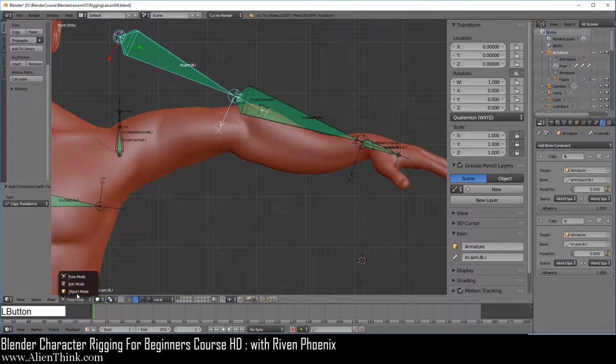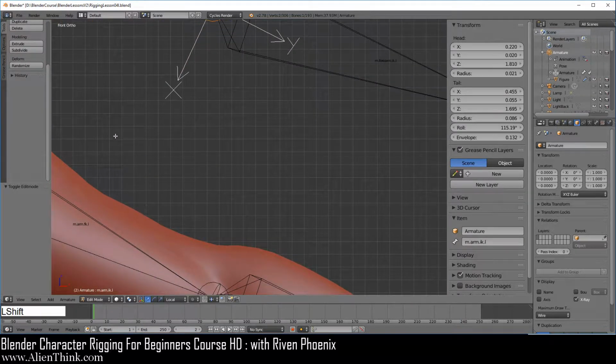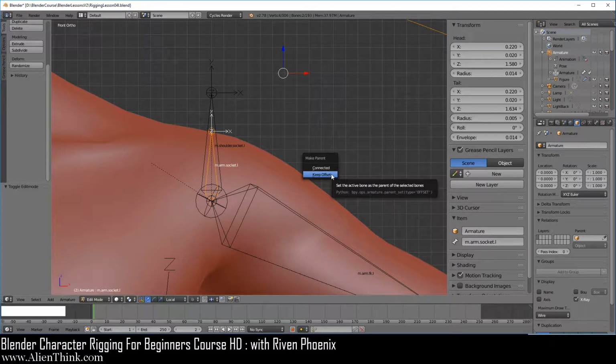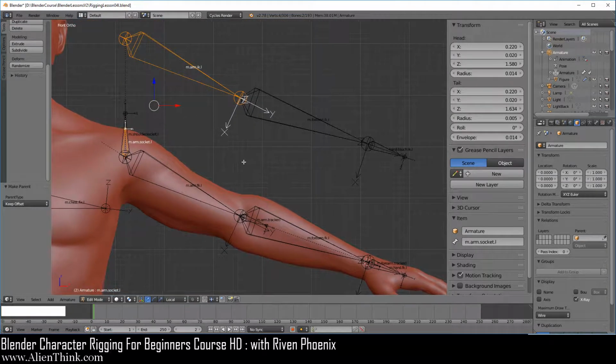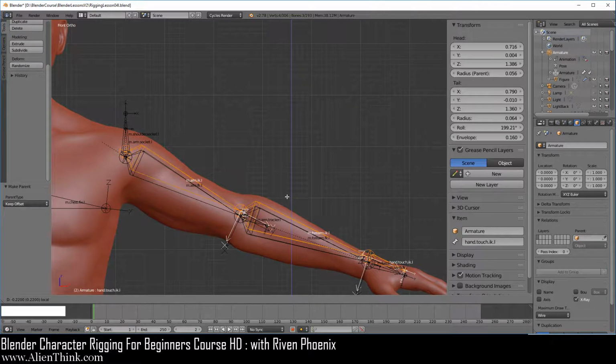Now here go ahead and switch to edit mode, and what we have to do is tell this bone to be the child of this bone, right? So go ahead and click on this bone, go ahead and zoom in, do shift middle mouse button, press the shift key down and click on this bone, do control P and just do keep offset. Now go ahead and zoom out, do shift middle mouse button to bring this into view, click on these bones over here, press the control key down, click on this blue arrow and just put them back into place.